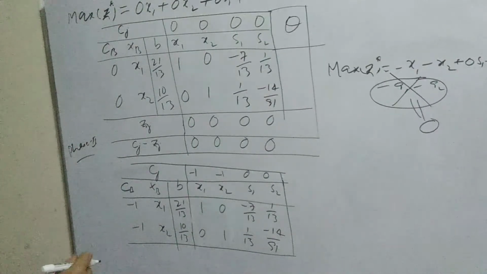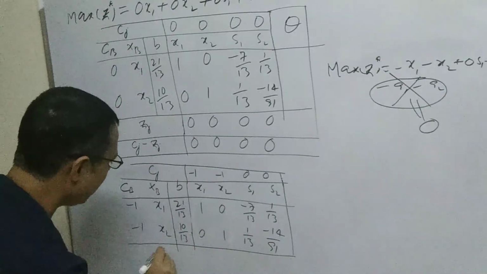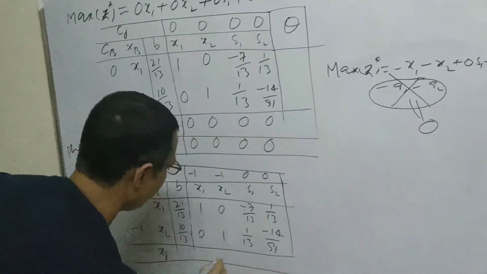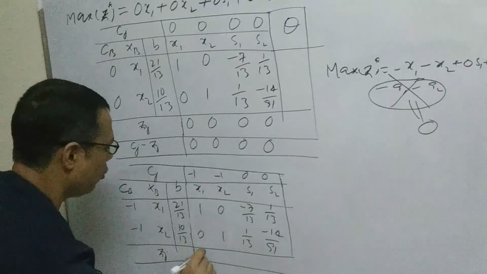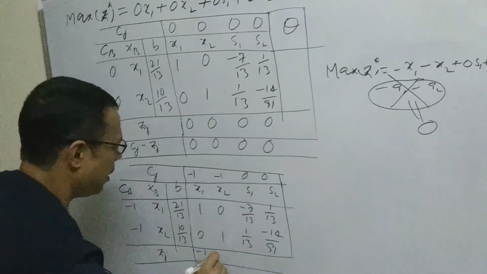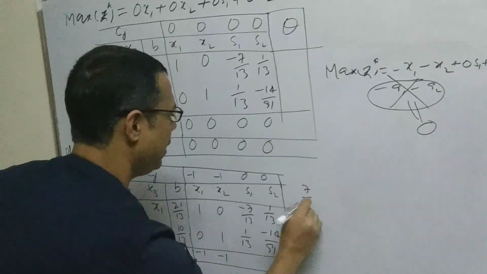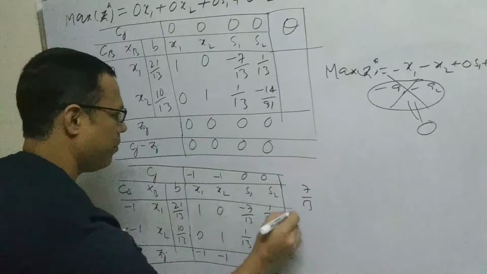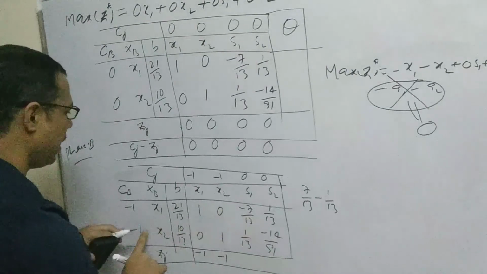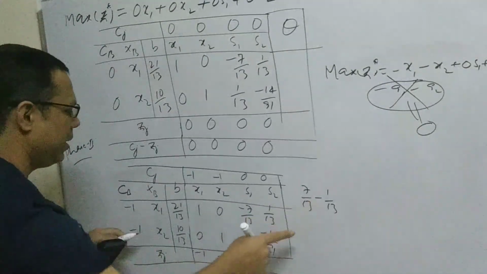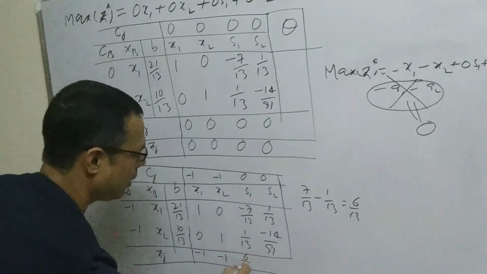Now, from the table of phase 1 we have already moved to phase 2. So here we need to find Zj. Very simple, same procedure. We need to multiply minus 1 into 1, minus 1. This term will be 0, so minus 1 into 0 is 0. This term, minus 1 into 7 by 13, minus plus 7 by 13, and minus plus minus 1 by 13. Simply minus plus 7 by 13 and minus plus minus, just need to add these two terms. So 6 by 13. So just write here 6 by 13.